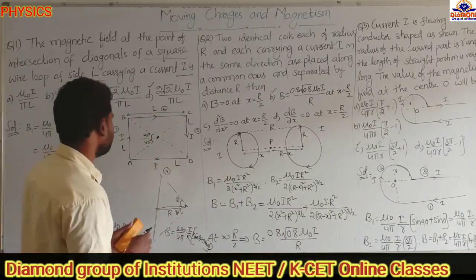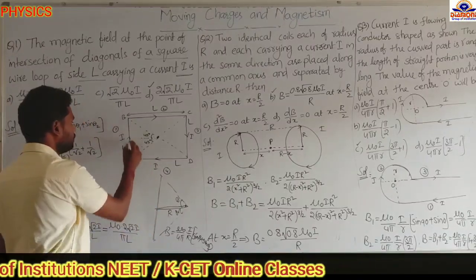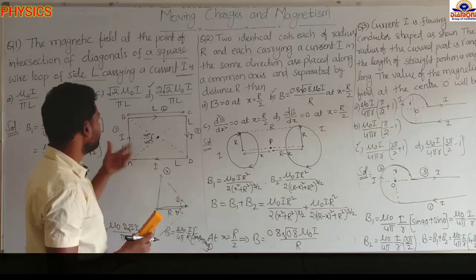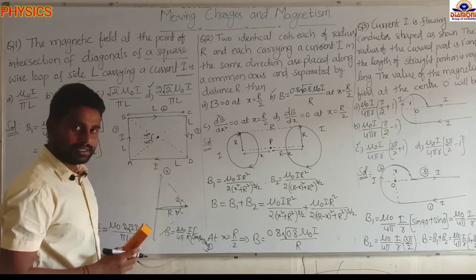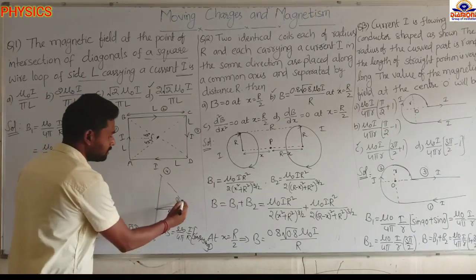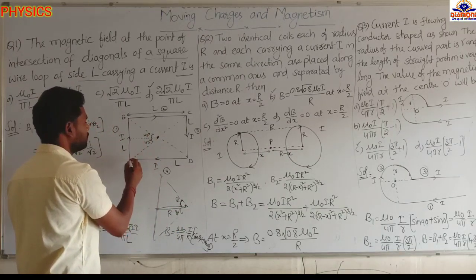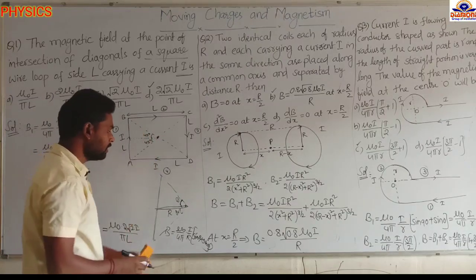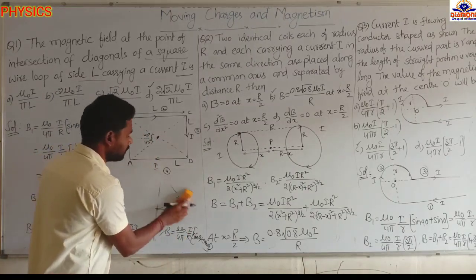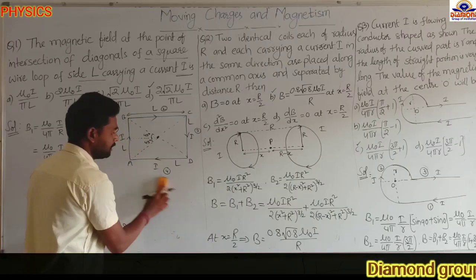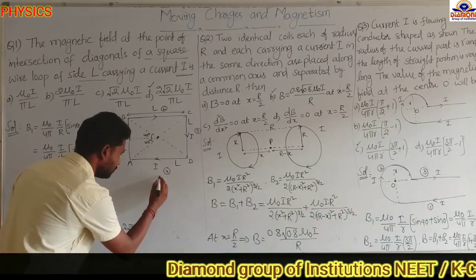Here we use the same thing. This is the length of the wire. Instead of an infinite wire, they have given a finite length of wire. Next we have to measure the angle each end makes with the center, and substitute in the formula, and we will get the answer.